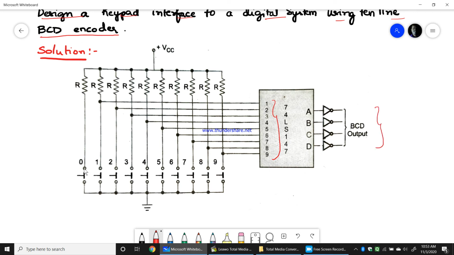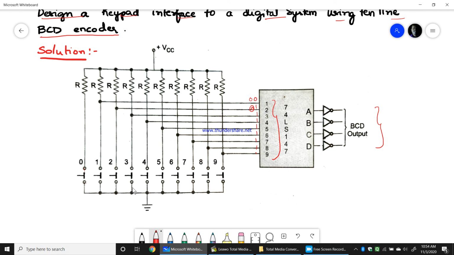So when you press this, it means it is connected to ground. When you release this, it is connected to VCC. So when you press 1, it means 1 is ground and 0 is given to this and all others are 1. So in that case 1 will be the decimal value and that gives the output here. Similarly, if you have pressed 2, 2 will be 0, and let the 1 be pressed, 1 will also be 0. The priority will be given now to 2, and based on that you will see the BCD output.